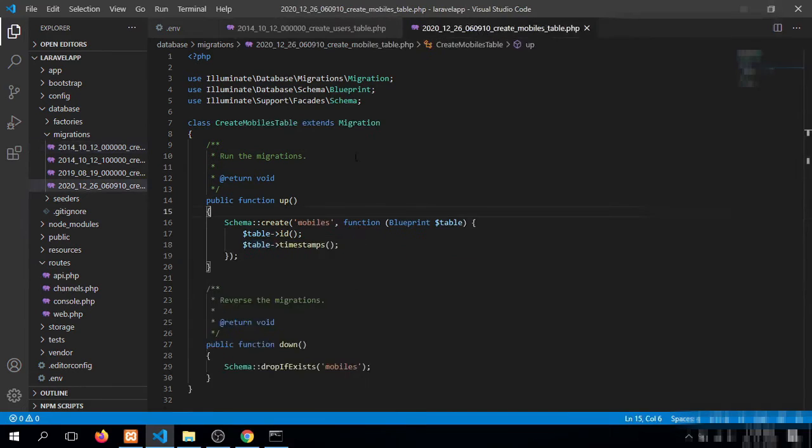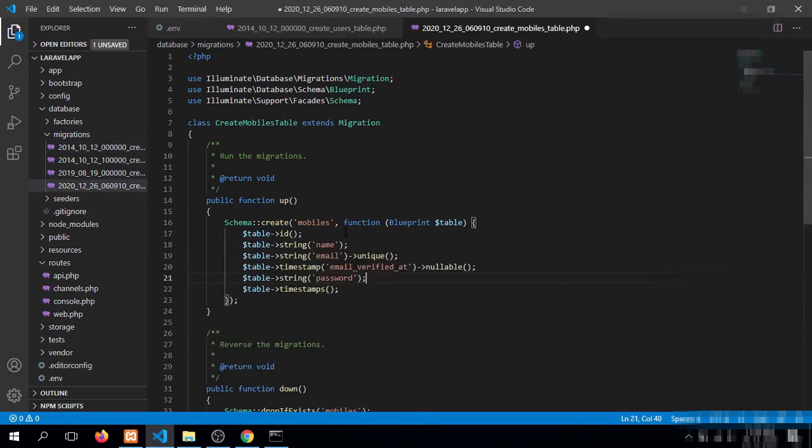We will add some more fields like name and description.